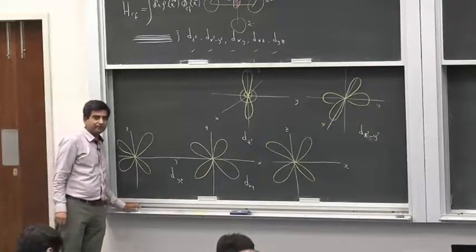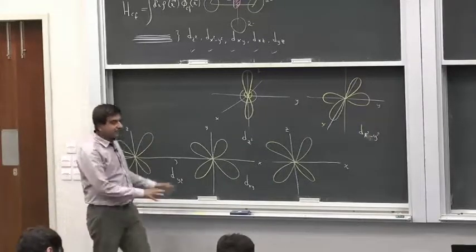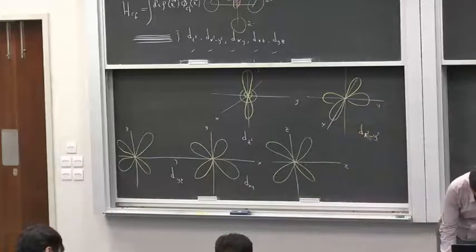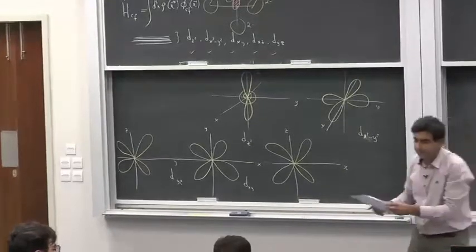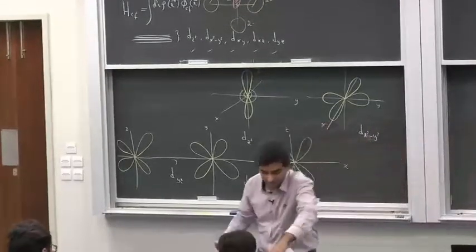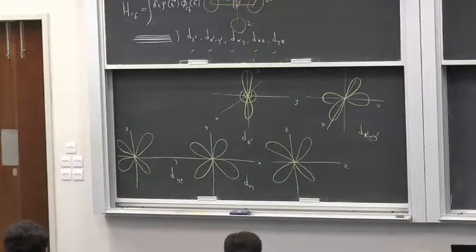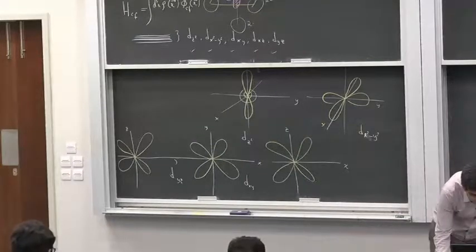And where do these orbitals, where do these shapes come from? These are nothing but spherical harmonic functions. If you look at these documents that I've given you here, I'm going to go slow today because I'm going to do quite a few calculations. So if you look at this document, which I'm pulling up on the screen here,